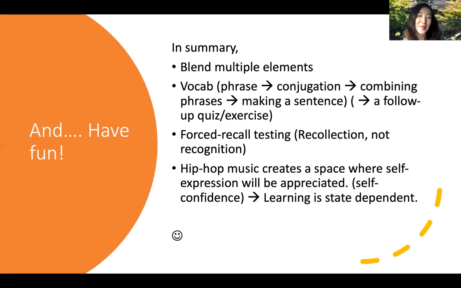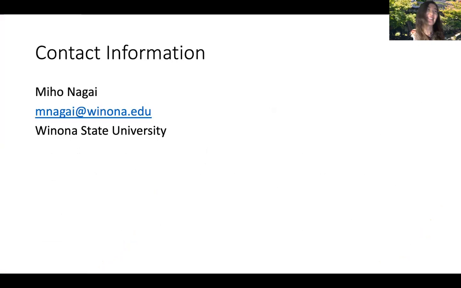All right. So in summary, it's good to blend multiple elements. And if you are doing verb inflection, then go from a small phrase to a bigger phrase and make a sentence, and do some follow-up comprehension checks, and then forced recall testing, recollection, not recognition, and use hip-hop music. Hip-hop music creates a space where self-expression will be really appreciated. And you should enjoy doing this, because learning is state dependent. All right, that's all. Thank you so much